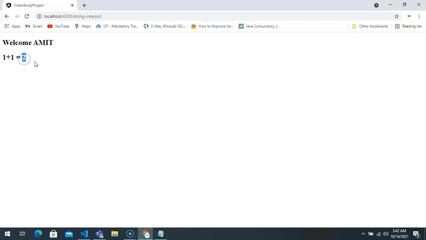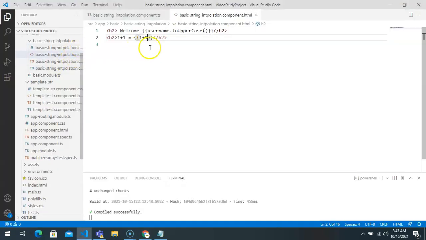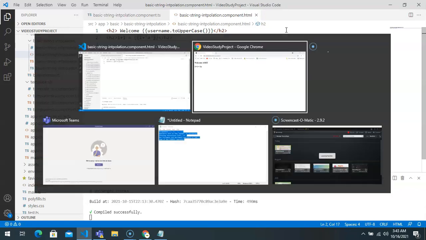So what the string interpolation has done, it has evaluated that 1 plus 1. It evaluates that particular expression. Now it understands these are numbers. It gives output 2 as the result of addition. If I had added a string here, it would have added that string, but not as an addition operation, but as a concatenation operation.